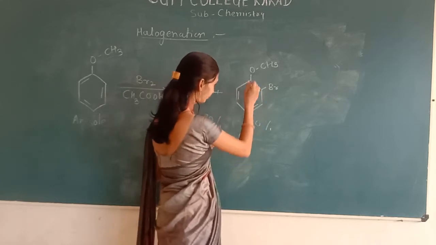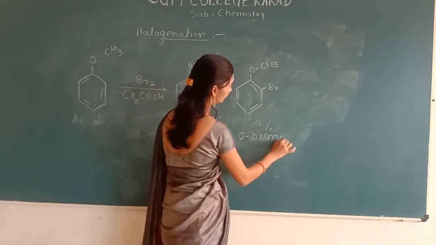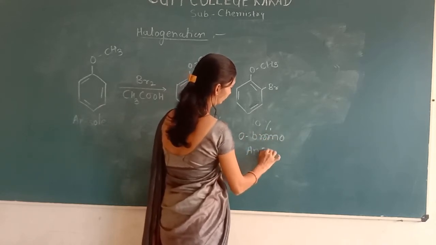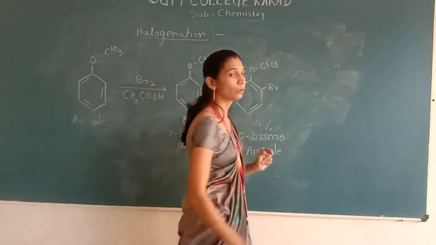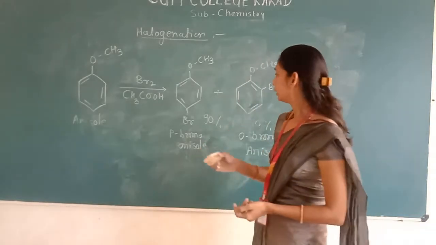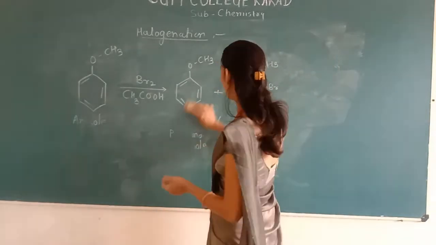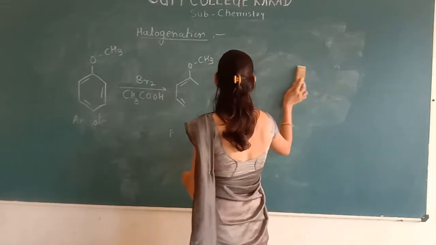Don't forget that. Ortho-bromoanisole. That ortho-bromoanisole will be produced in the second part. Now it's our halogenation reaction. Now the next will be